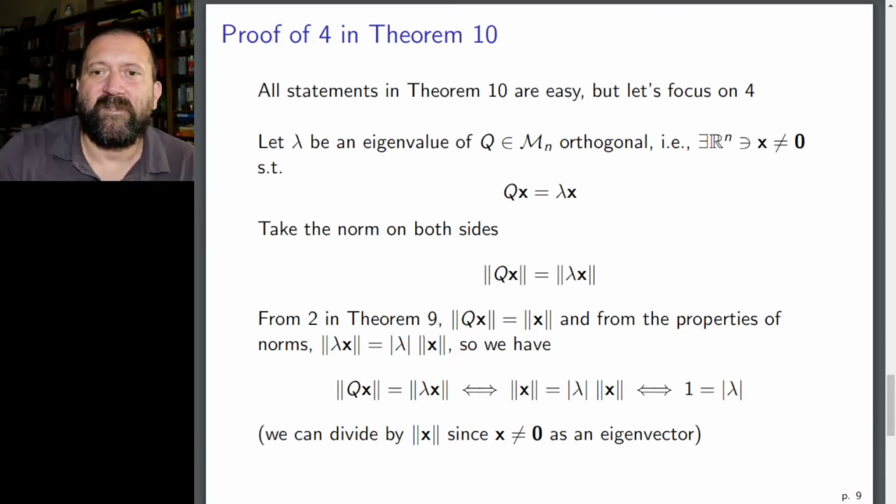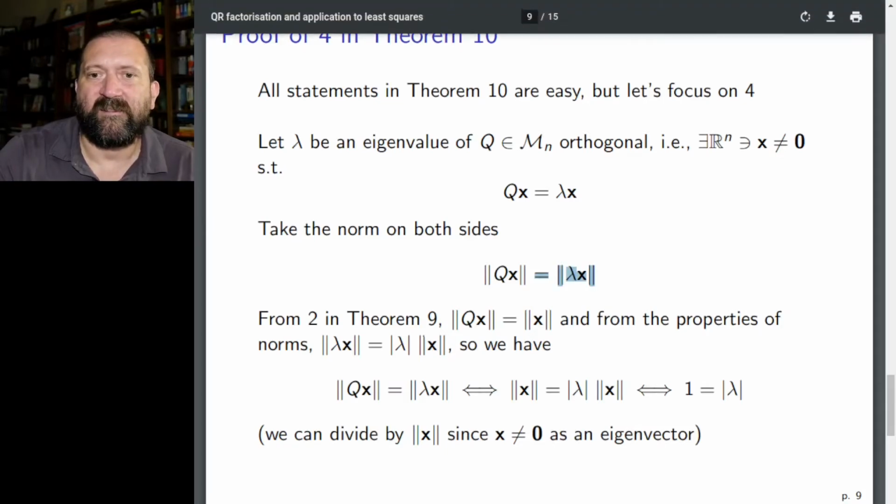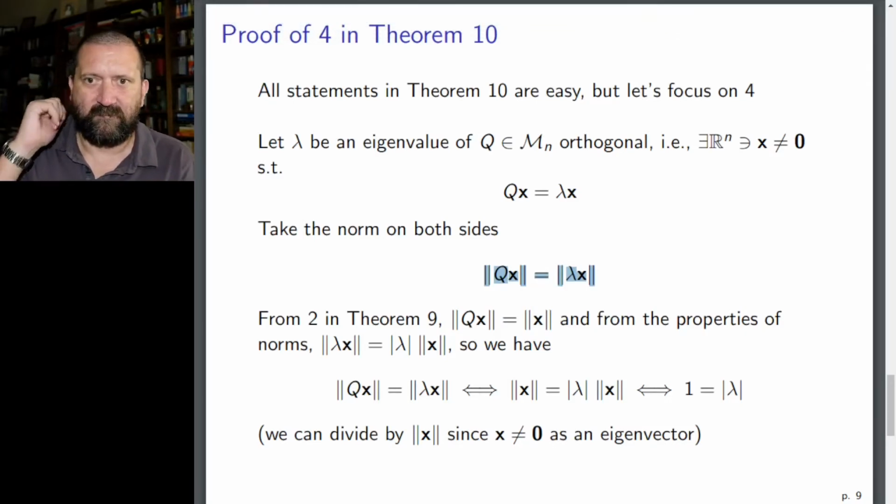So the right-hand side, the norm of lambda x, I can write as this product here. If I take this equation again and replace the left-hand side and the right-hand side by what I just found,